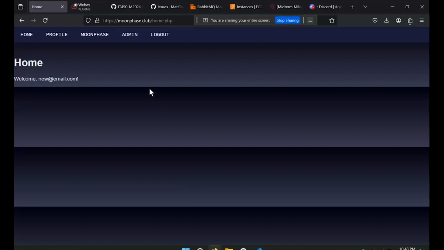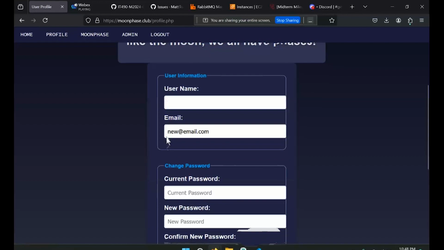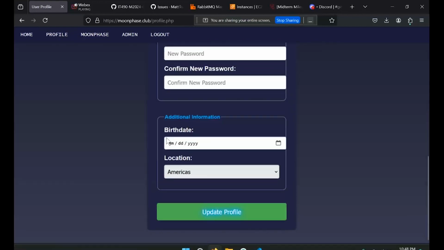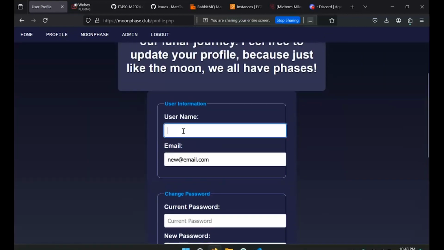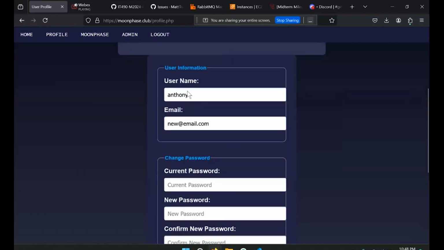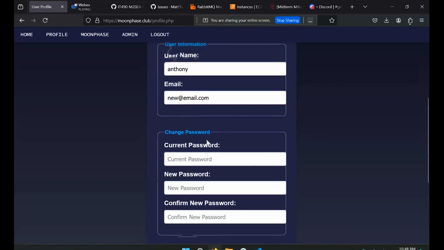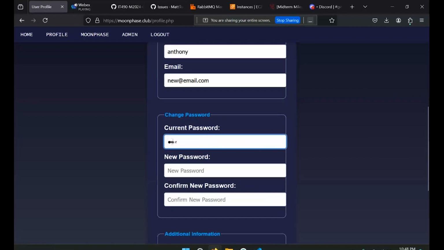But for now, we just gather the session ID and display which user is logged in at the current time. So now they're able to access their profile page. And in this page, they can update their information, such as this. They enter their username. Their email is already displayed. We have to fix the username. That should also be displayed as well. But they're going to enter their current password, enter their new password,